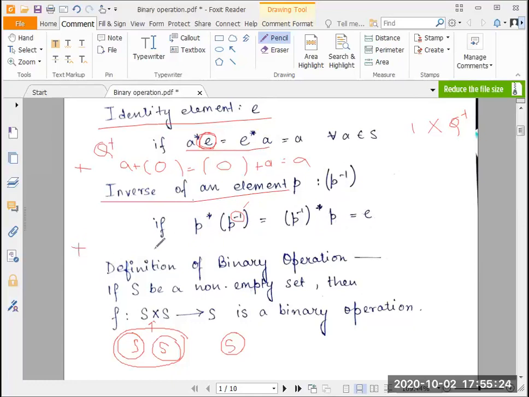So we have addition, and this time I'll tell you why I'm not taking the set of positive integers, but the set of integers, because essentially elements do not have an inverse on the set of positive integers. I'll tell you why. So let's say we have a particular element P, plus we need to add a particular element, and it should be such that that element plus P should also be the same.